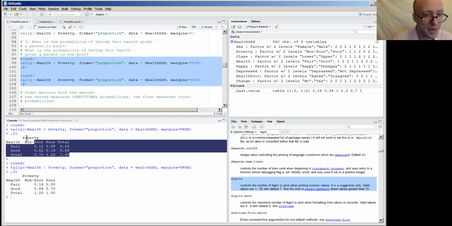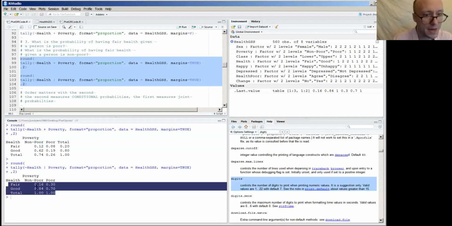Let me try to throw a bone your way, which is that in these middle values, given that we know you're some poverty status, but it doesn't